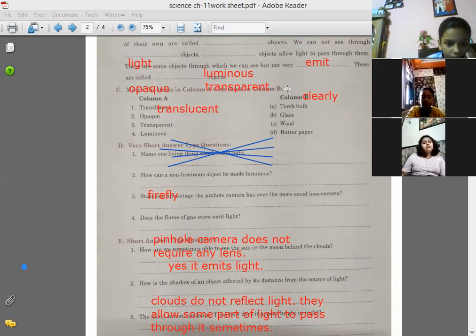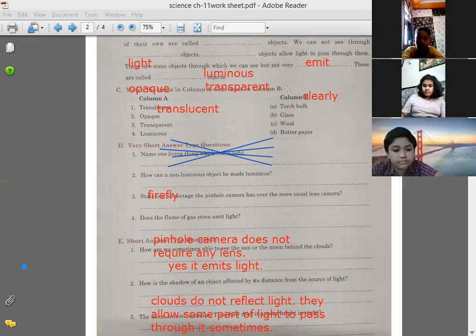What about else, children? You must have done this experiment. When is your shadow smaller and when is your shadow bigger? When you are going away from the source of light, write down, the shadow is smaller.